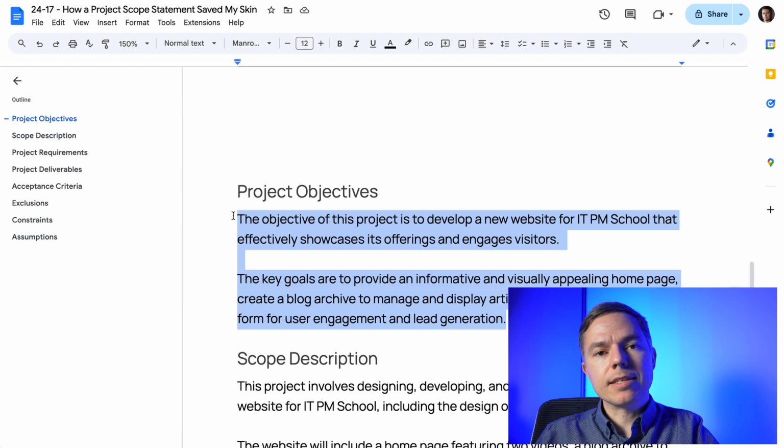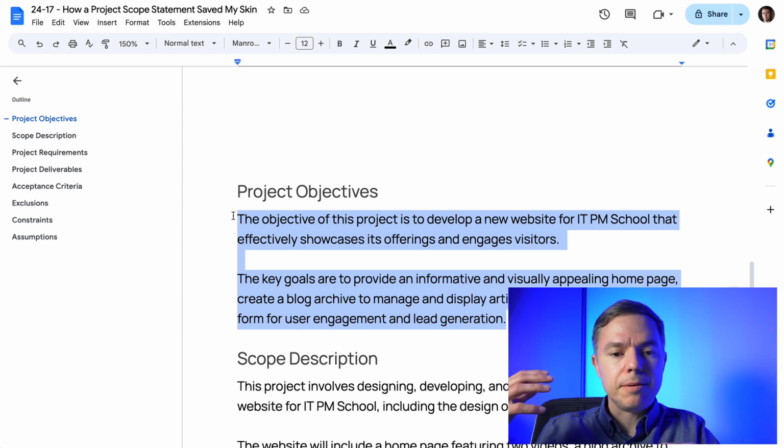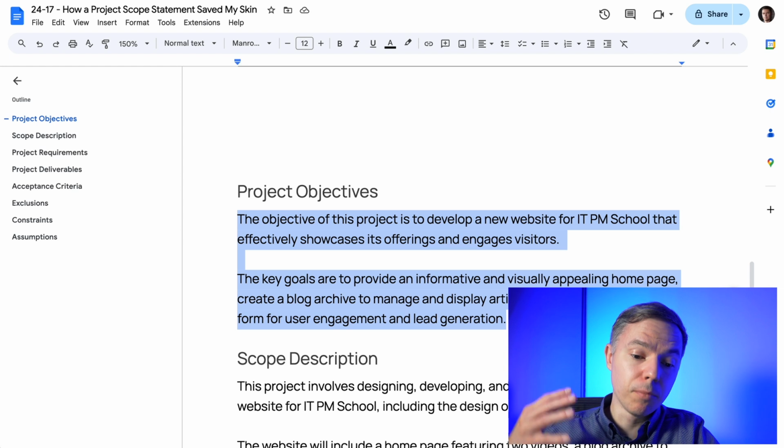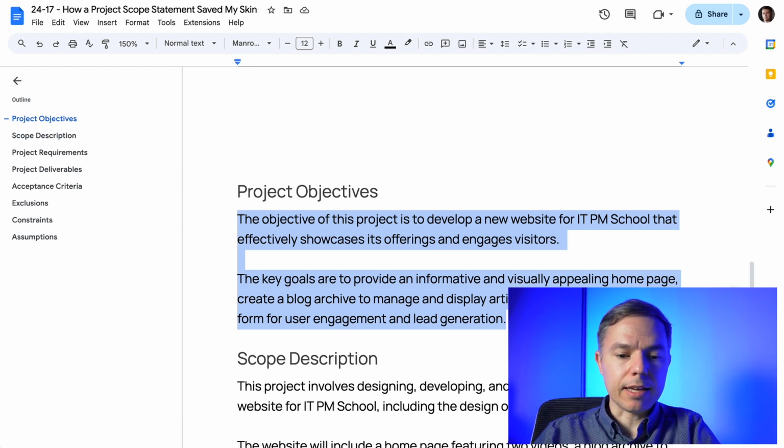And this is a simple example, but in some cases you will have more complex IT projects with some components that are hard to explain, hard to visualize, and they don't have any user interface. In this case, it's even more important to use simple language. All right, let's move on.